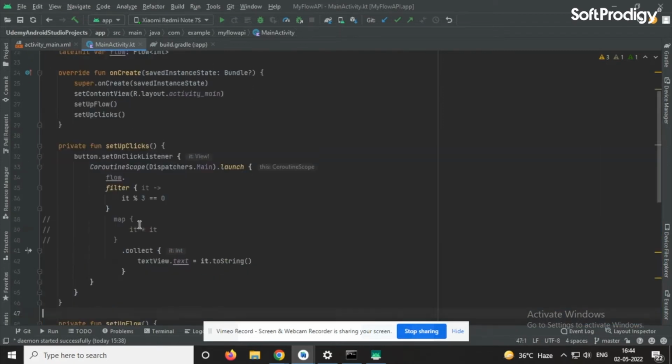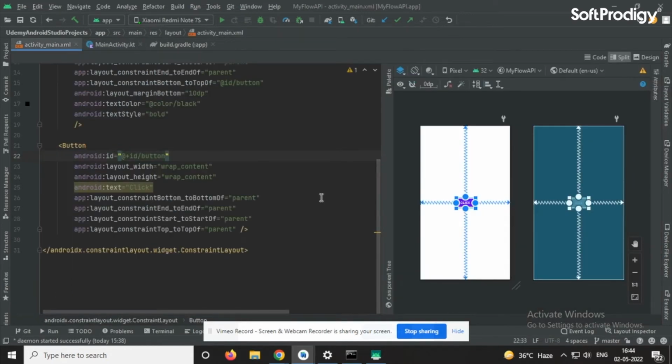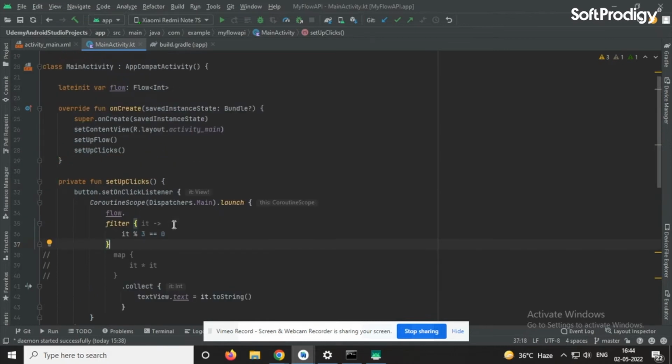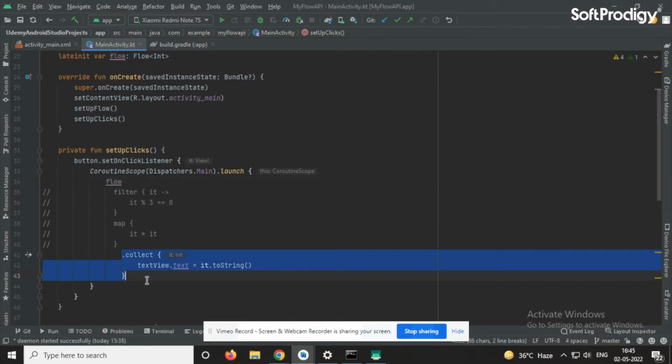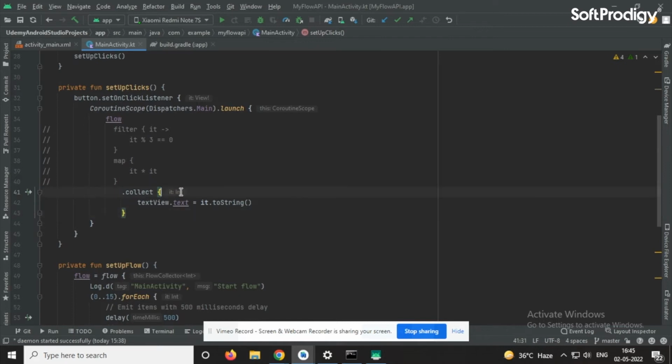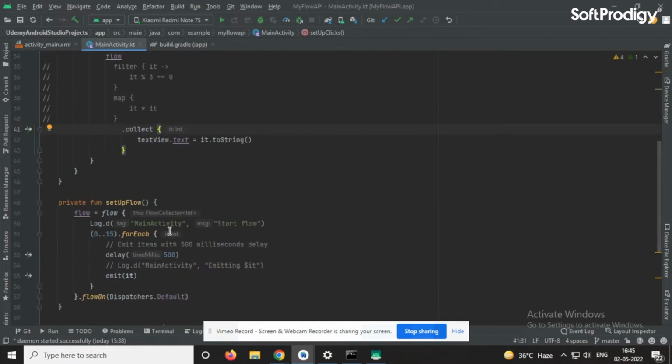After that, I have to collect it first. Exactly what I'm doing here is, in this particular method, I have specified the button, this is the ID of the button. I'm going to click on this button, and the text value will be updated according to its emitted value. So I'm just collecting the value, and see the type over here. It's of type Int because we are emitting values of integer type. So let's get